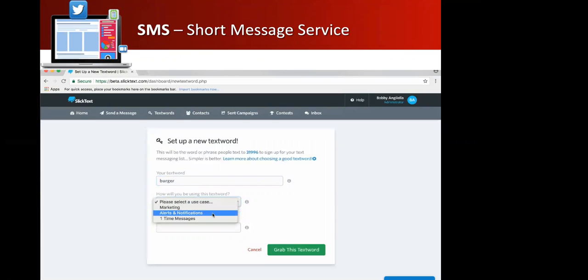The second category here is alerts and notifications. This would include churches, radio stations, or universities. They simply want to send cancellations, emergency alerts, and updates. No marketing messages included. The third category is for real estate agents, people who have an app that wants you